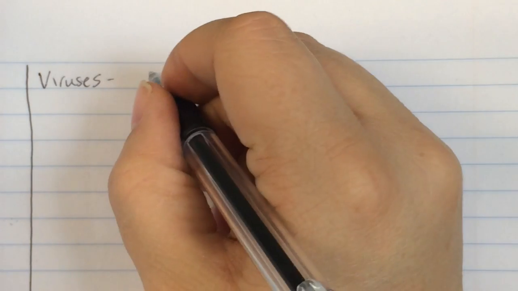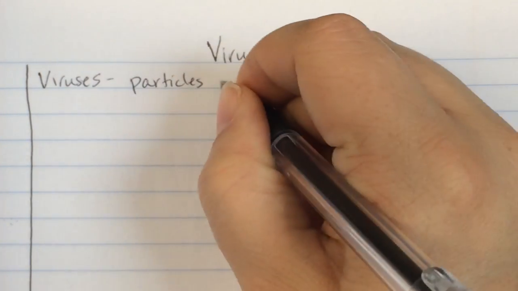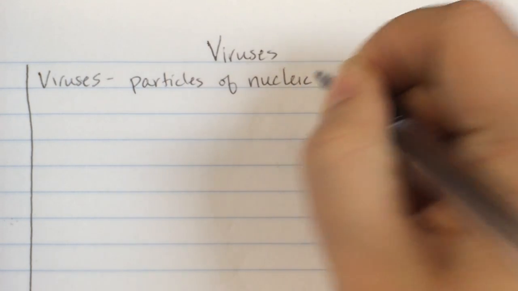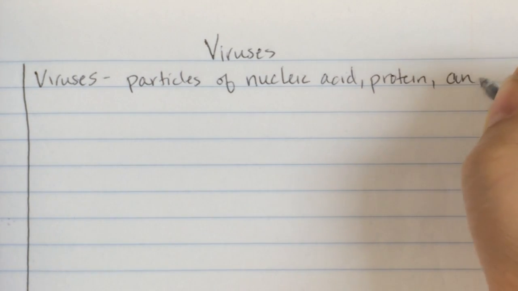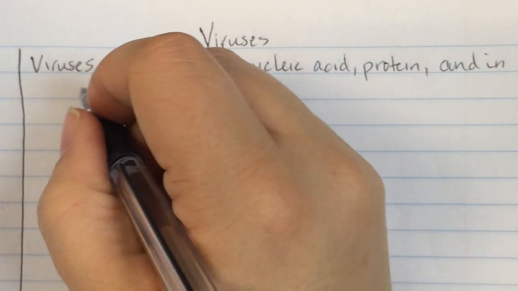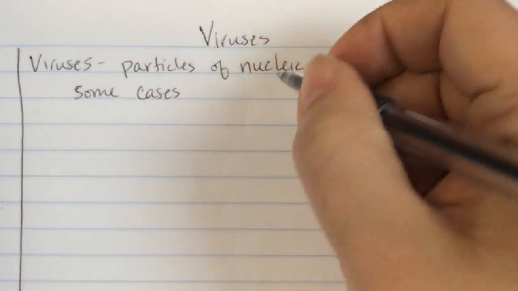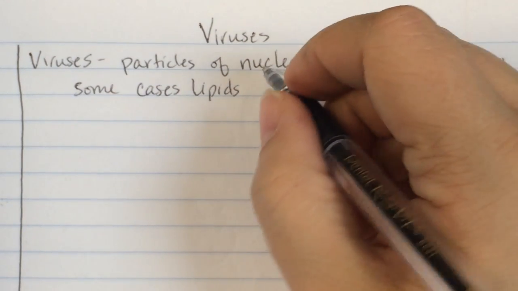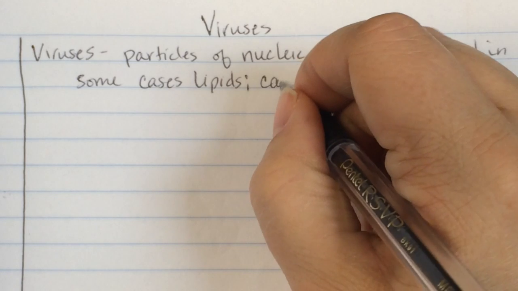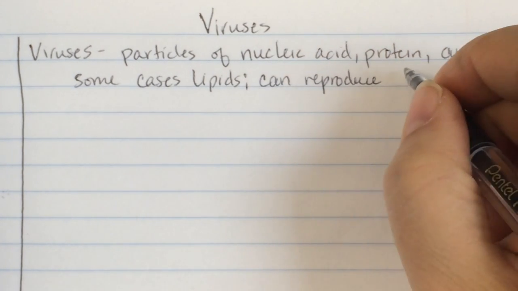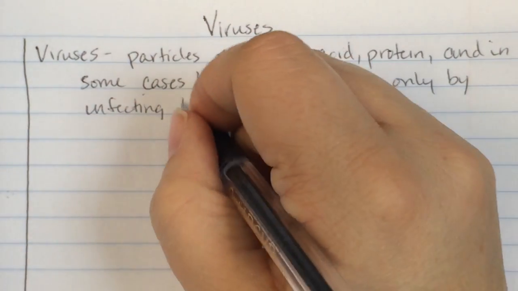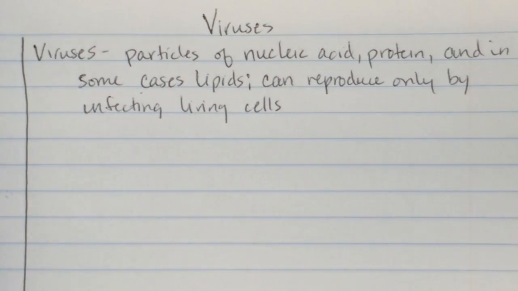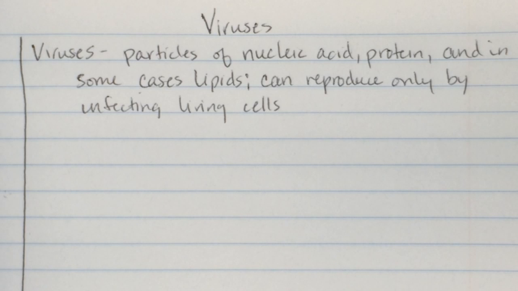So what is a virus? So viruses are particles of nucleic acid, protein, and in some cases we have some lipids on there. And what's really interesting about viruses is that they can reproduce only by infecting living cells. They cannot reproduce on their own, and per our definition of what's life, this means that viruses technically